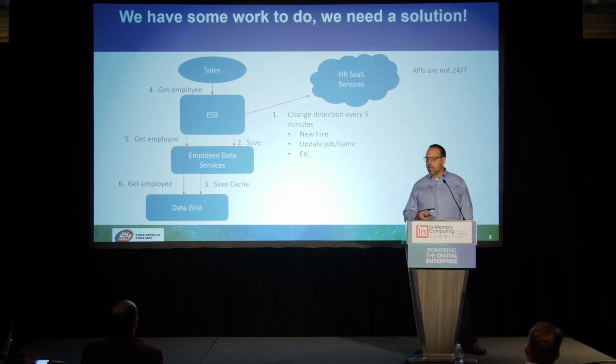And so you can see we do change detection every 5 minutes. We use the SaaS providers' APIs, we put it all in our grid, and then we always query from the grid. And that's proved very successful. And it's not as if this HR system's APIs are really down 2 hours every week, but contractually they were allowed to take it down for maintenance as much as 2 hours per week. And like I said, we just had to protect the business.